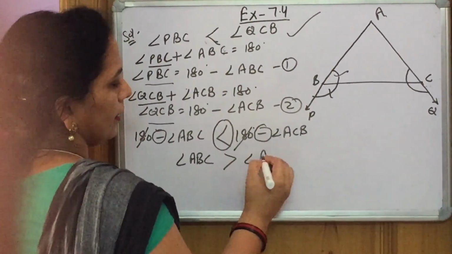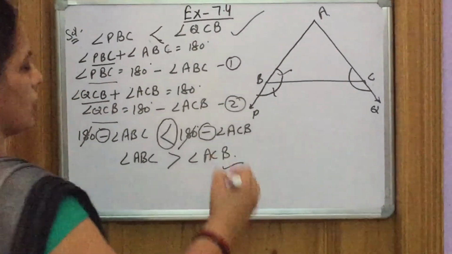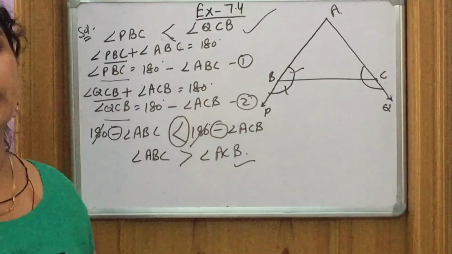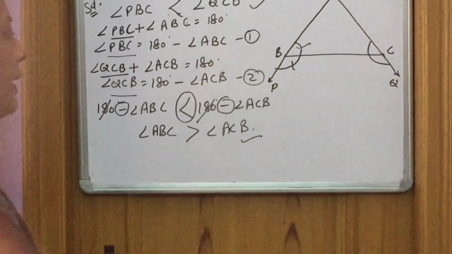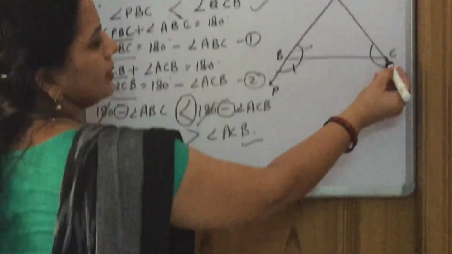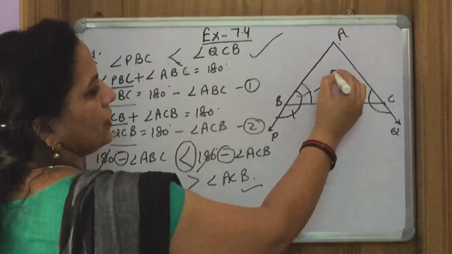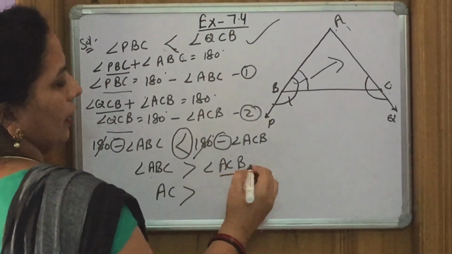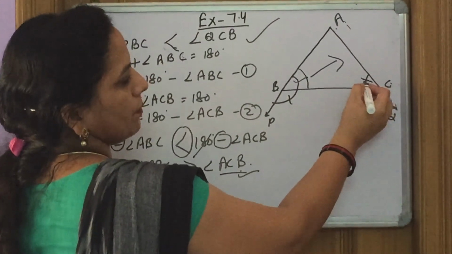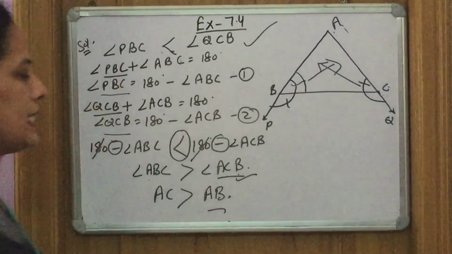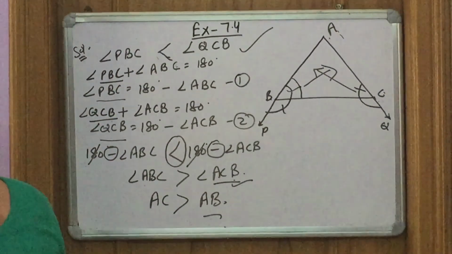Then we get a condition of this type, that angle ABC is greater than angle ACB. Now find the opposite sides of these two angles. The opposite side of angle ABC is AC, and the opposite side of angle ACB is AB. So we can say that AC is greater than